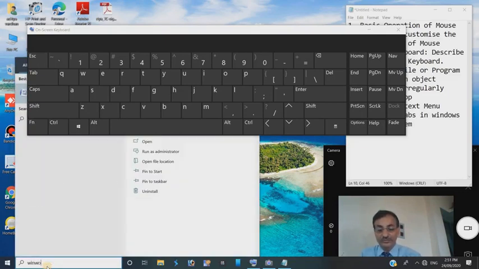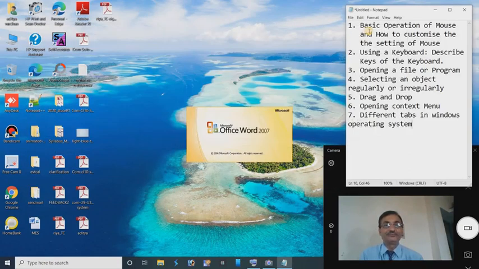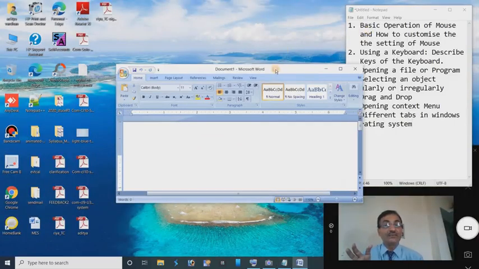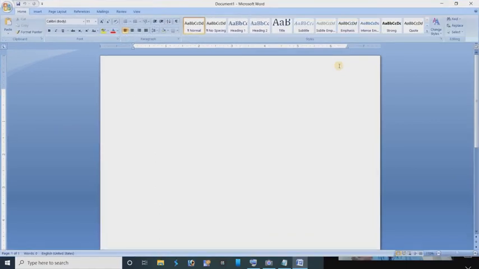WinWord is now going to start. Because we have already pressed Print Screen, it will take the snapshot of the whole screen and save it to the clipboard.